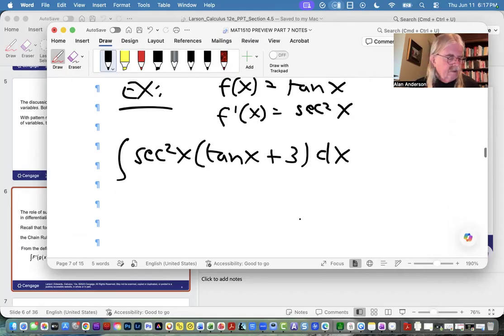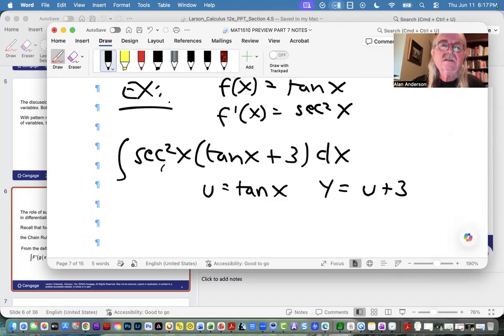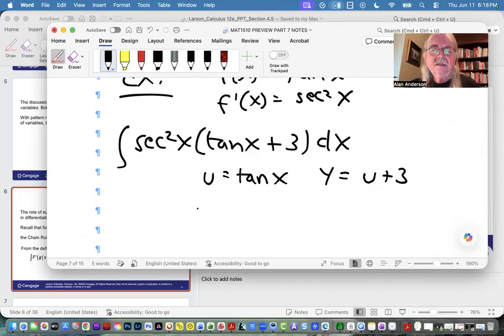All right, so here's what we're going to do. Now, by the way, if you start to define u and you find yourself with results that don't make any sense, you can just try something different. You're not stuck. So here, what I'm going to try to do is let u be tangent x, and then y would be u plus 3. If that's not the way to go, we'll find out pretty quickly because we're making a bigger mess. So then du